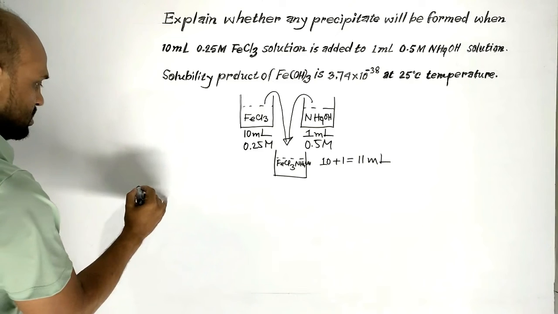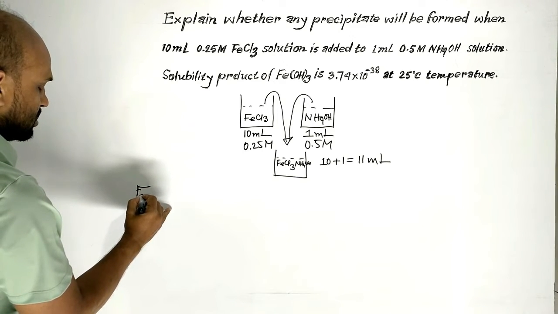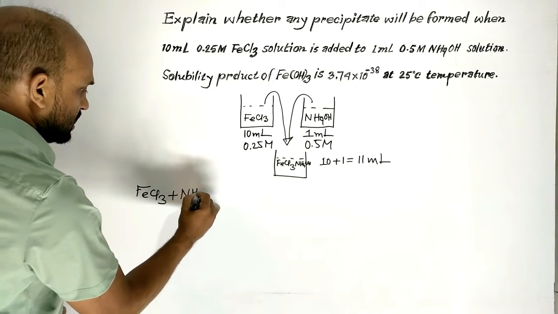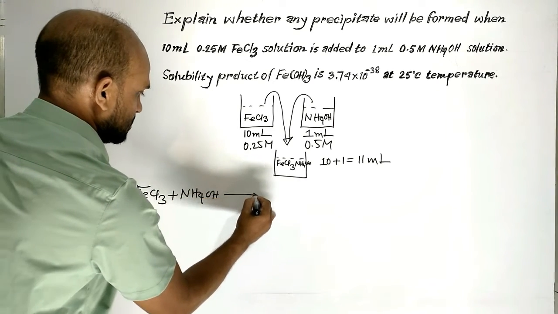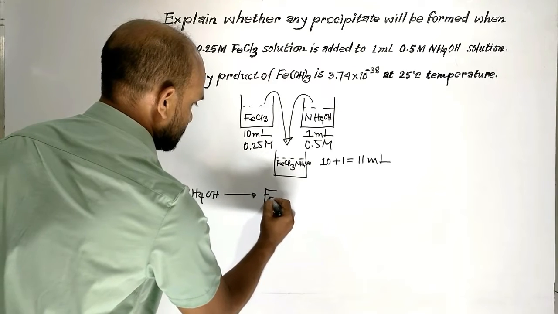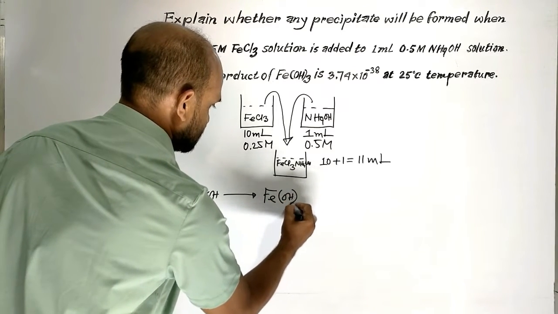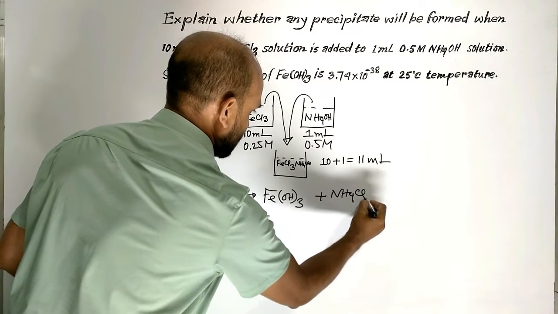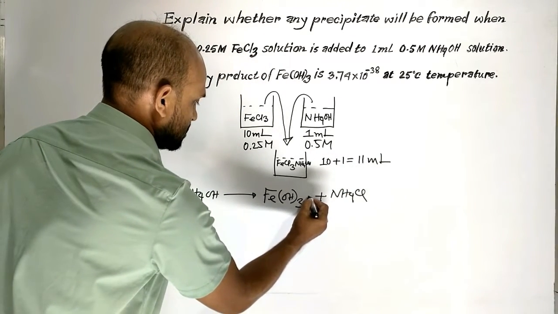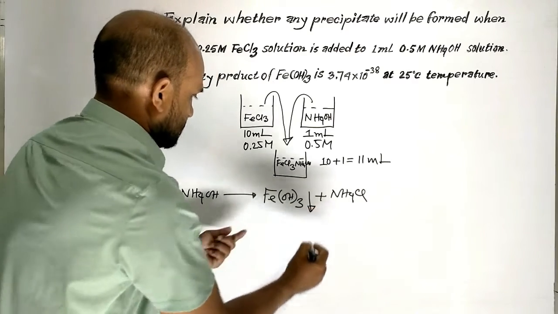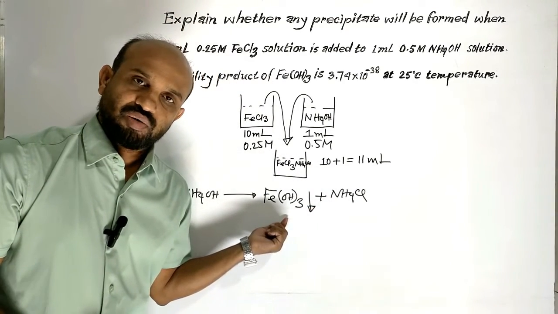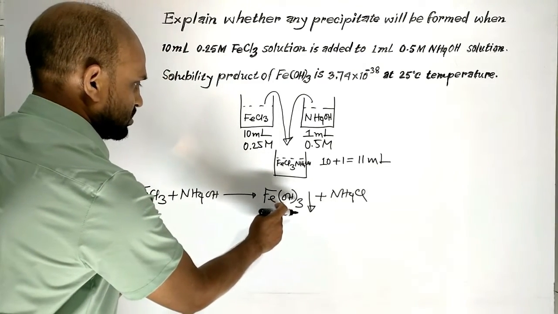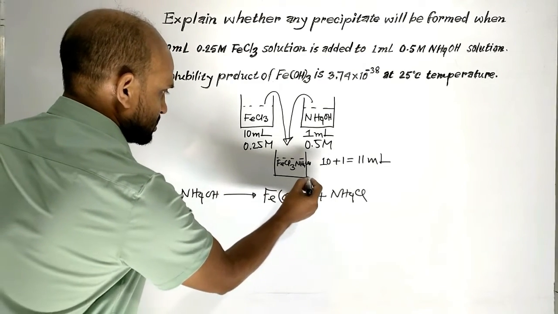Let us see what reaction happens. Ferric chloride, ammonium hydroxide. The reaction gives ferric hydroxide plus ammonium chloride. The question is whether ferric hydroxide will be formed as precipitate,